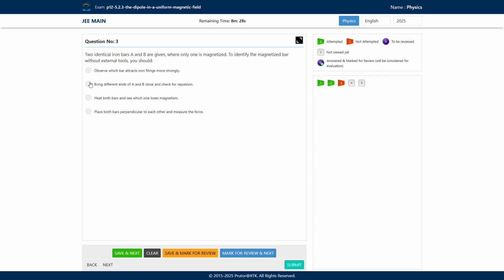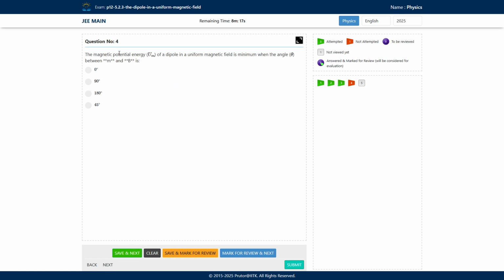I am marking randomly here. The magnetic potential energy of a dipole in a uniform magnetic field is minimum when the angle between M and B is. So magnetic potential energy is minimum when the angle is